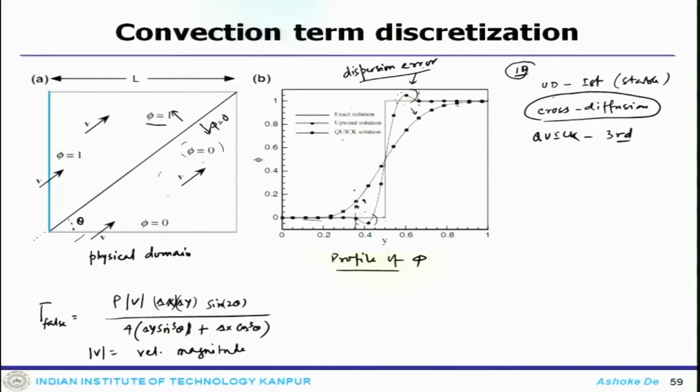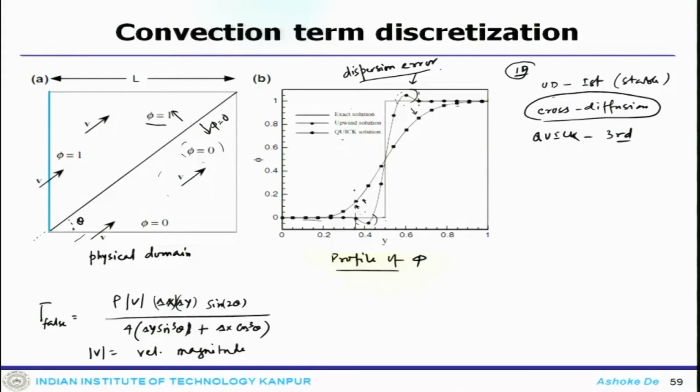which causes this local maxima or minima in the solution, and this is one of the characteristics of the higher order resolution scheme. So, that is what you clearly see, the differences which arise because of these different schemes, and this is a very good example of what kind of error you obtain when there is a sharp gradient.